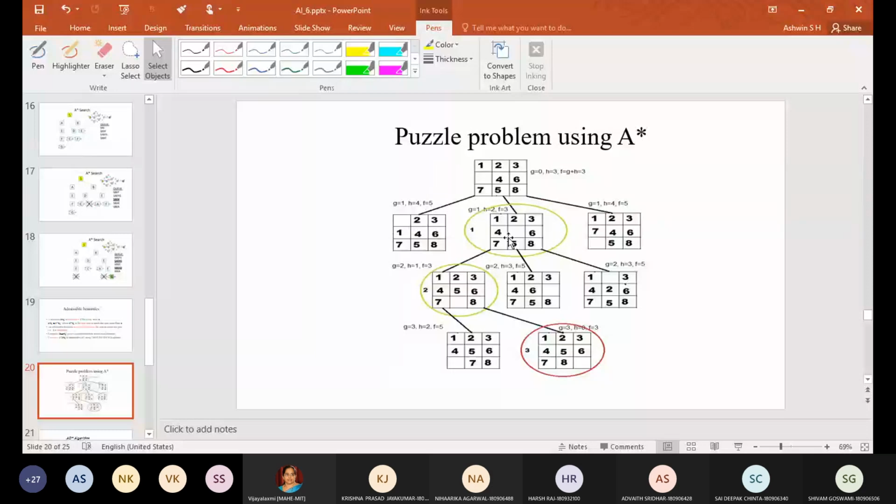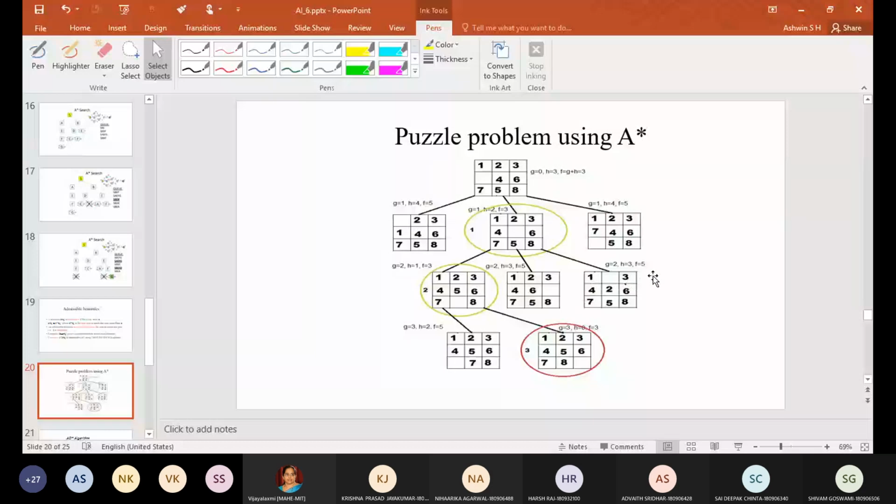Again, the minimum F value is taken. Only that is considered. When you are at this level, which I call the first level, you consider only this particular position of the tiles and you move again. Again, all possible movements you can do. So again, you can write G, of course, as I have told, it is 2. You can calculate H and proceed.